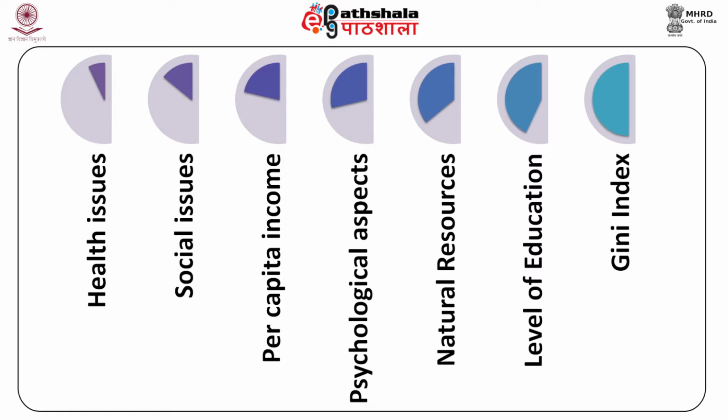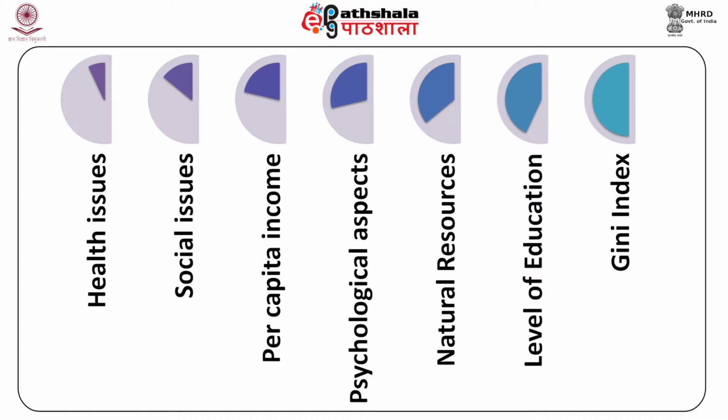Third is per capita income. Per capita income in general is an indicator of the quality of life, level of employment and spending on luxury, holiday and happiness quotient of the residents of a society. Fourth is psychological aspects. Psychological aspects related to the level of stress in the individual, anxiety, general level of depression present in the society and what percentage of population is affected by it. Fifth is natural resources. The availability of natural resources and their allocation also impacts the lives of their inhabitants. As such, resources are made available as a gift of nature.